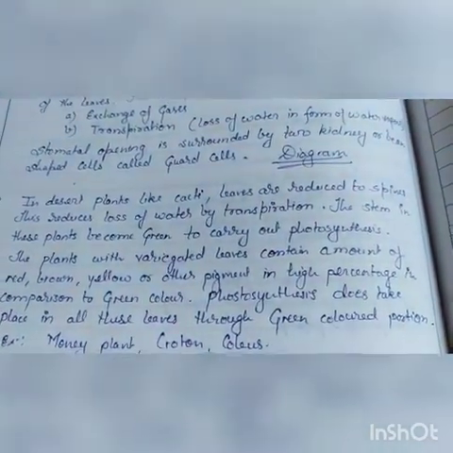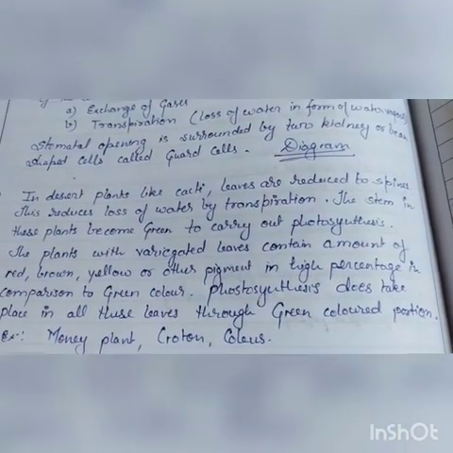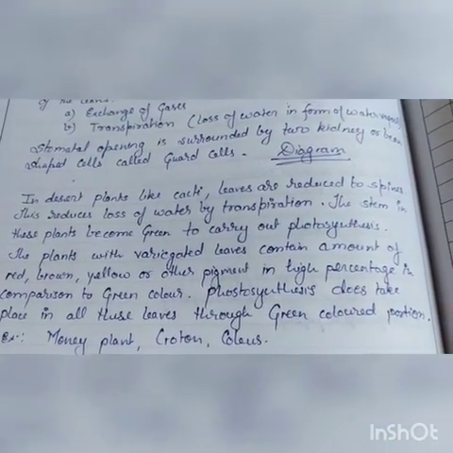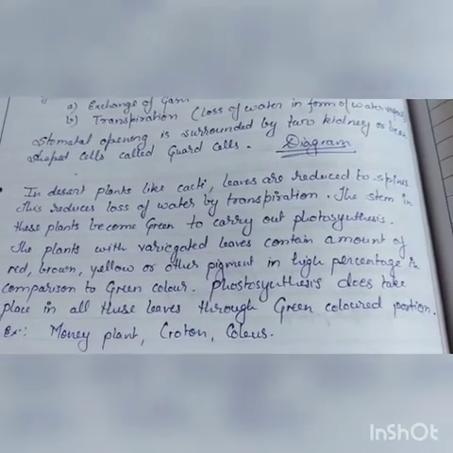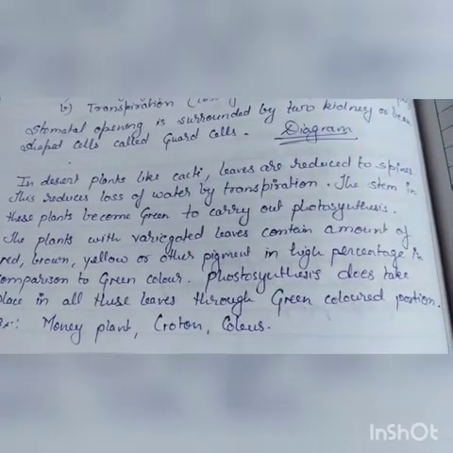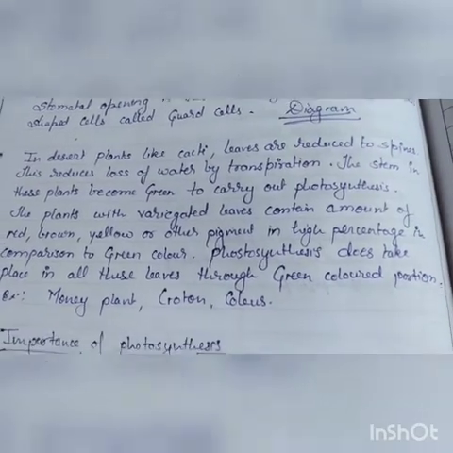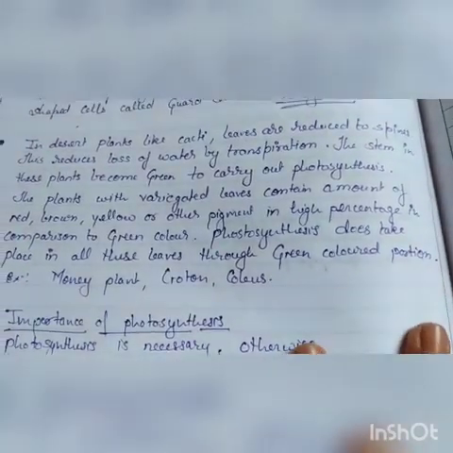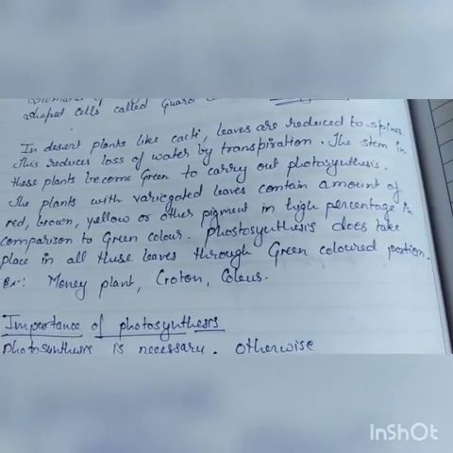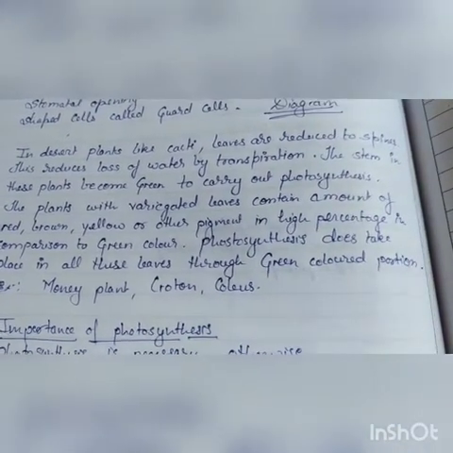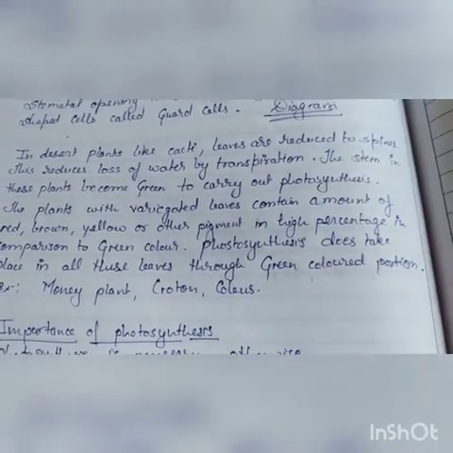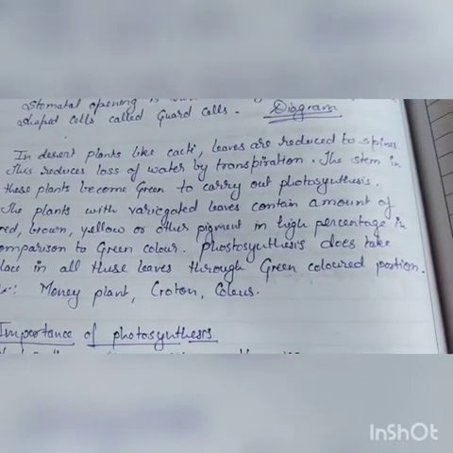So is it clear what happens with the desert plant? It is important to learn that they have a green stem which contains chlorophyll and which is responsible for preparing food. Now the topic comes: what happens with the plants which have leaves but they are not green in color? What do we call that type of plant? We name them variegated plants